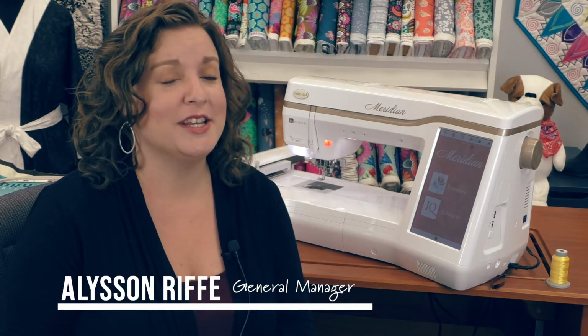Is Allison and I'm here with the Baby Lock Meridian. The Meridian is an embroidery-only machine that has some of the most easy-to-use features. It's one step down from the top-of-the-line Baby Lock embroidery machine, the Solaris, but it is embroidery only. So if you're looking for a separate machine to work on embroidery in addition to your sewing machine, this would